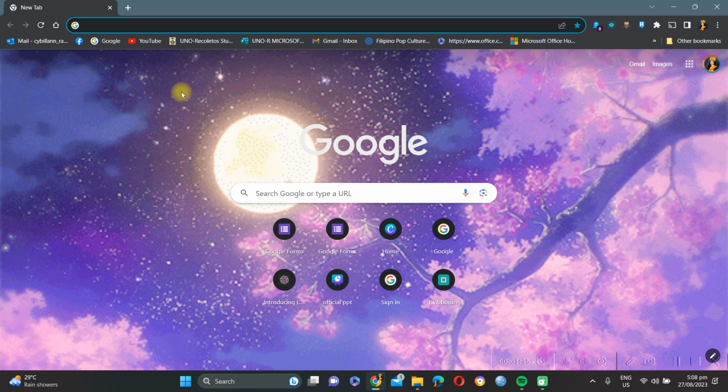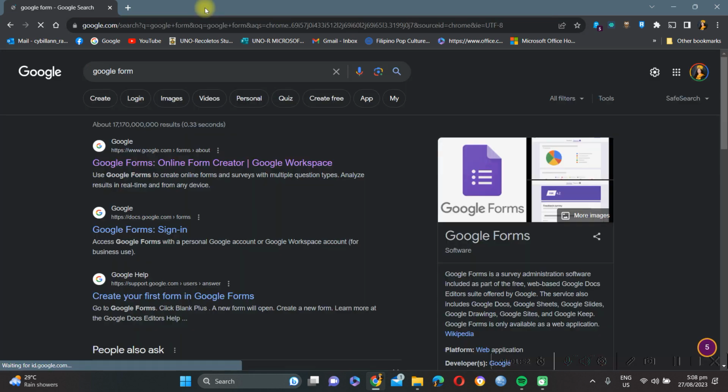But since most of the teachers that we're going to have a survey with, the respondents, are Santa Rita teachers, you can just use your CSR email. Okay, so click Google Forms, then go to Forms. Now, for example, if your Rotarian email is signed in on your Google Chrome, you can just switch your account.